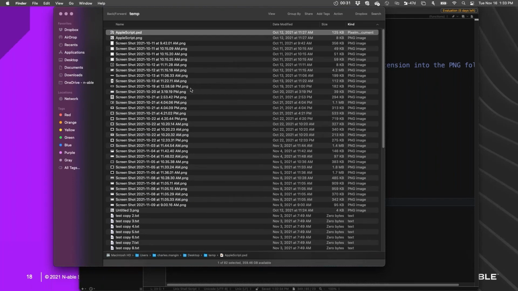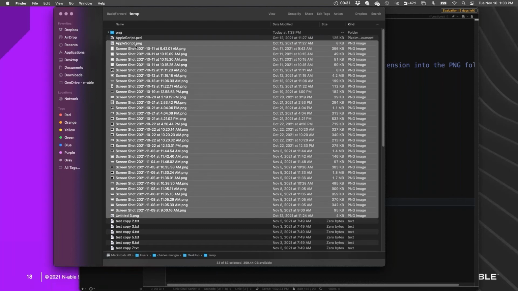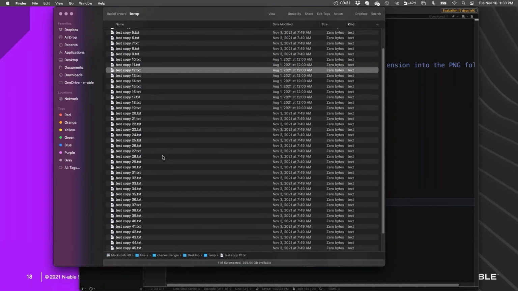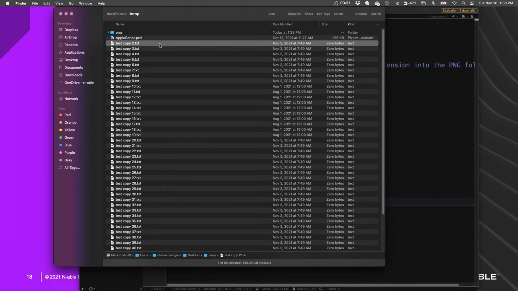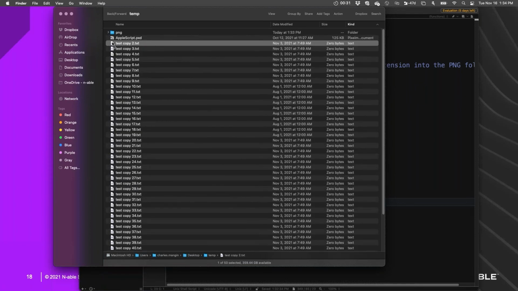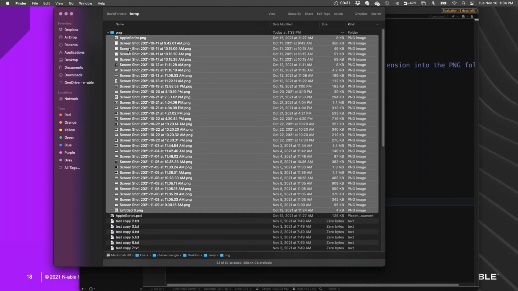So what I could do is create a new folder for PNGs, then go in, select the PNGs that I want, and move them into this folder, and then do the same thing with text files. I've got all these different kinds of files and extensions, so I'd end up with a folder with a bunch of folders in it, broken down by the kind of files I was working with.